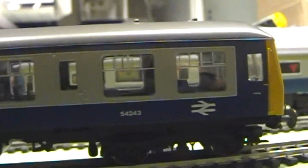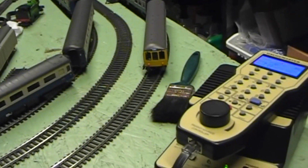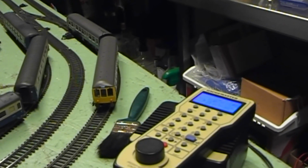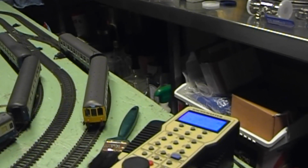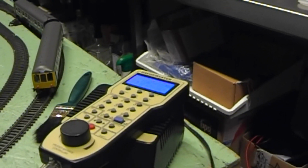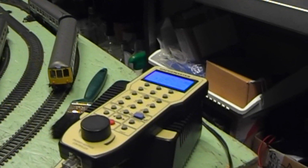Well, this one was a little fun because you've got this number on this part of the driving trailer and that number there. So I tend to use the system of the loco number for the address code. So I tried all the combinations that you might think of, 53, 54 and 5395 even. Nope, give up. Okay, I've got to change all the wires and put it on a programming plug and read it. And it was